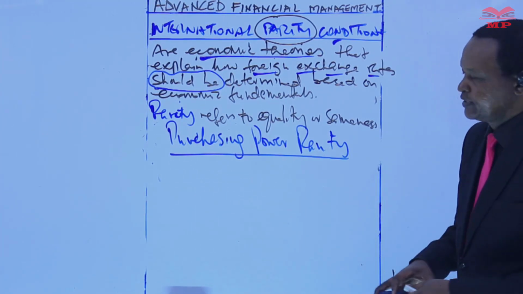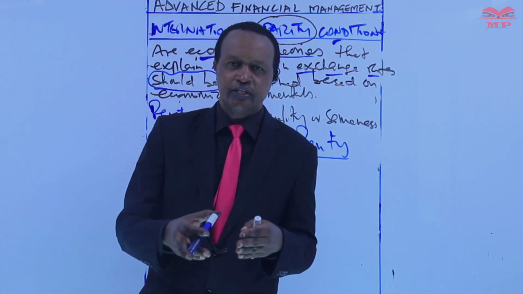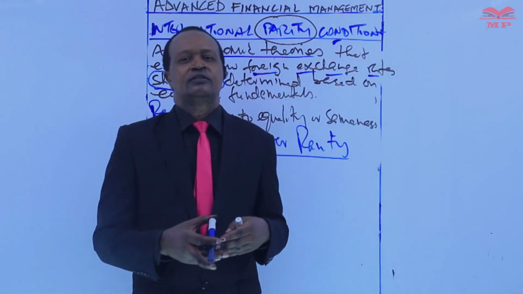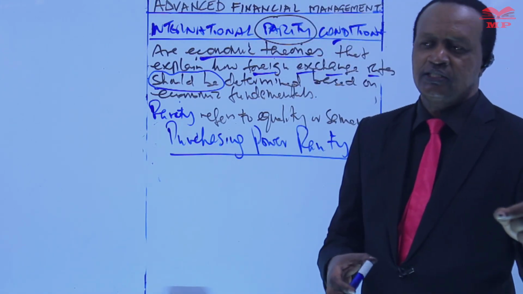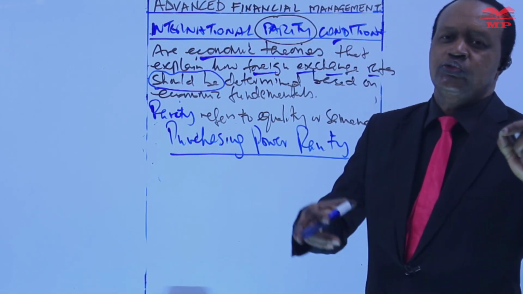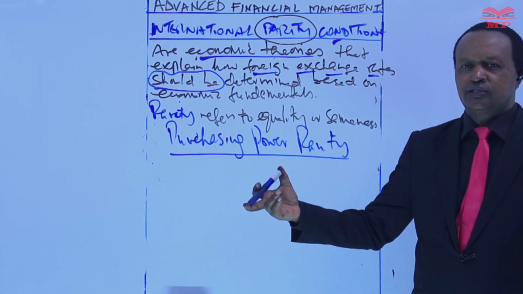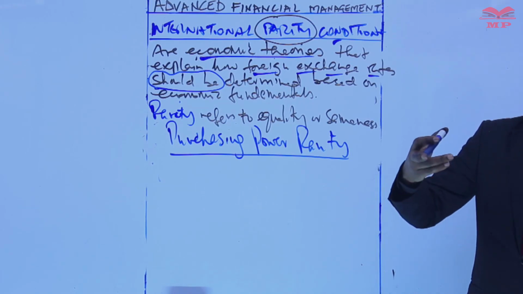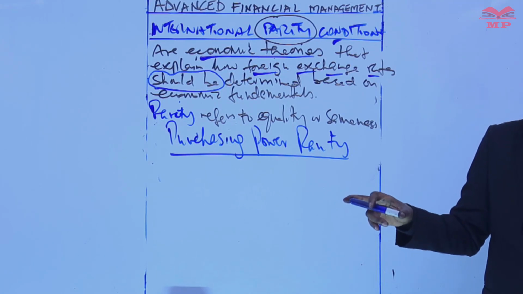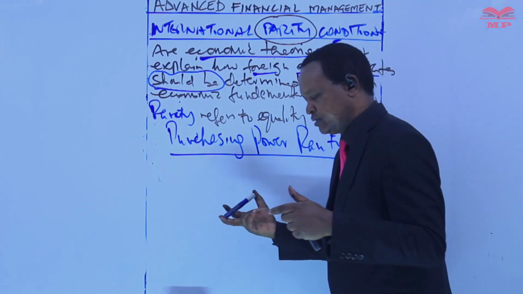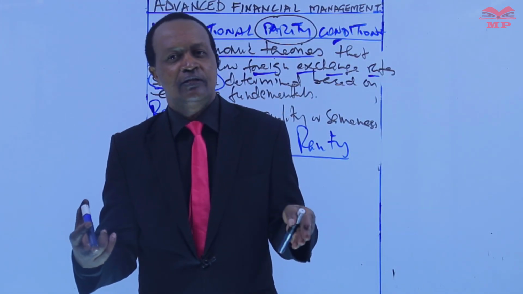I just said it is a theory in economics that states that exchange rates should adjust to equalize the purchasing power. In other words, the price of a basket of goods and services in different countries. In other words, candidates, the PPP, the purchasing power parity,